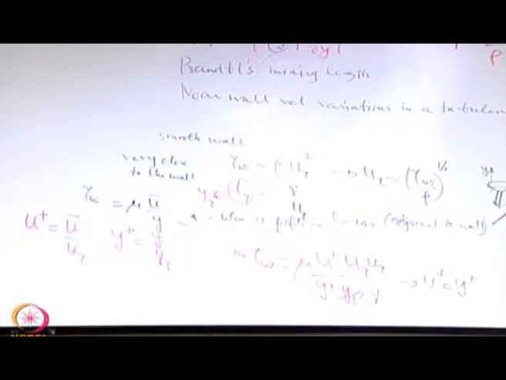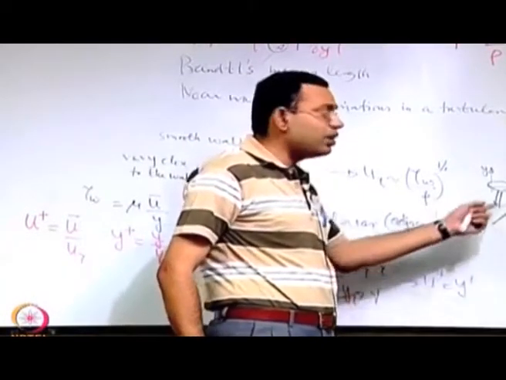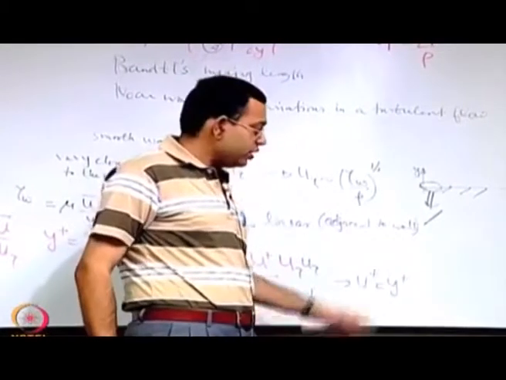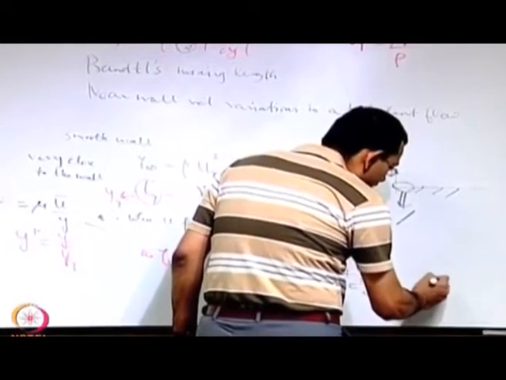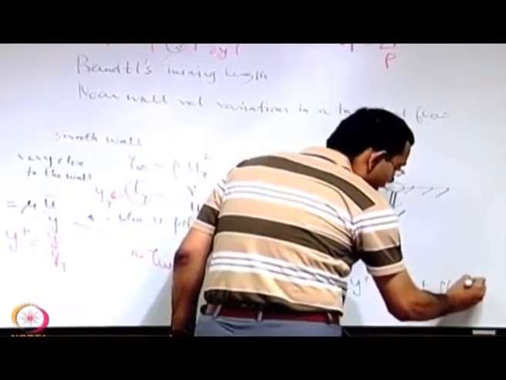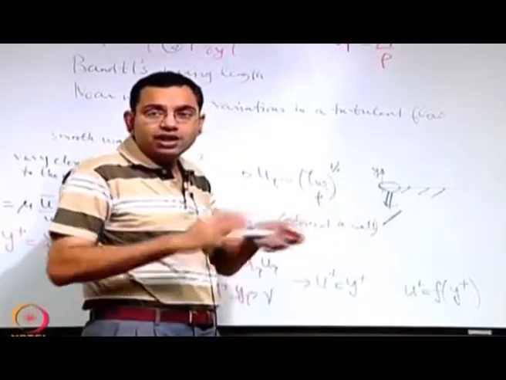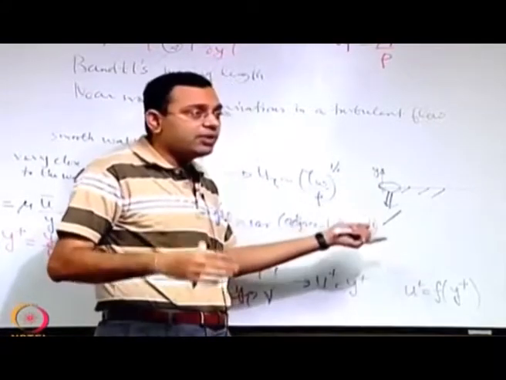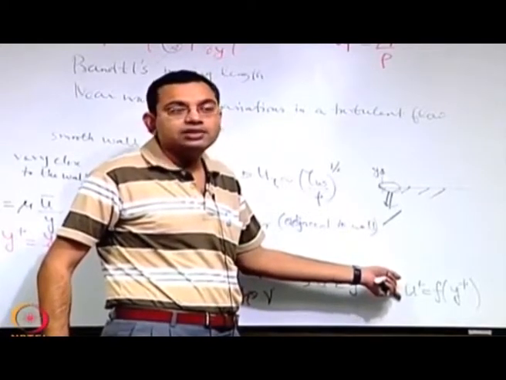Okay. Now this is a non-dimensional way of writing the velocity profile very close to the wall. If you go a little bit away from the wall, u plus may not be exactly equal to y plus, but over some distance u plus will be some function of y plus. That function is linear very close to the wall, and it may deviate from the linear function a little bit away from the wall. There will be some region away from the wall where this will not work at all and a different form of the functional relationship will come.